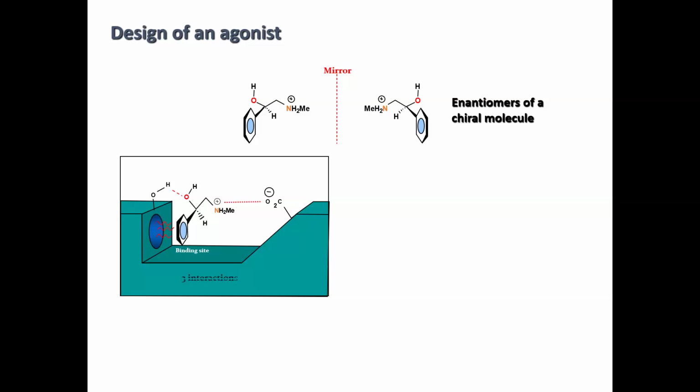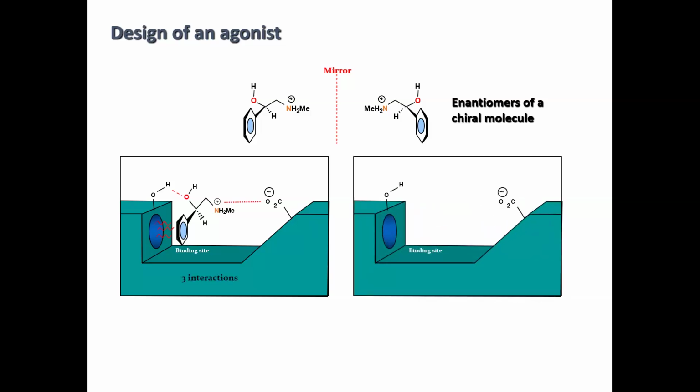The mirror. Again, 3 interactions, 2 interactions. And all we have is that enantiomer. But the other enantiomer is what happened, and very often you will find that with drugs,